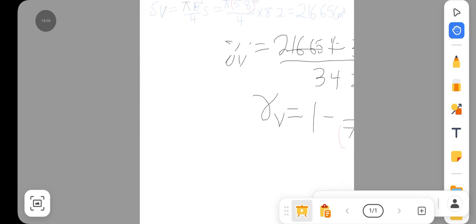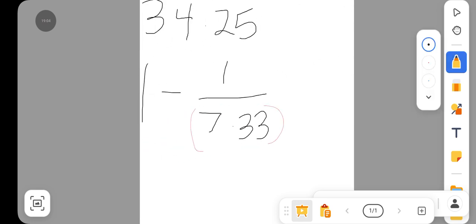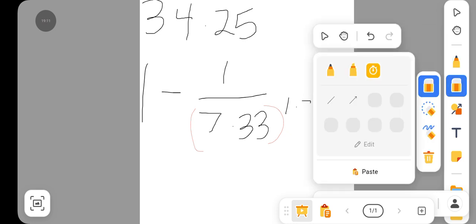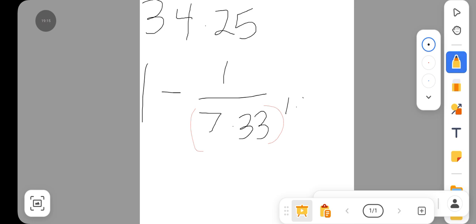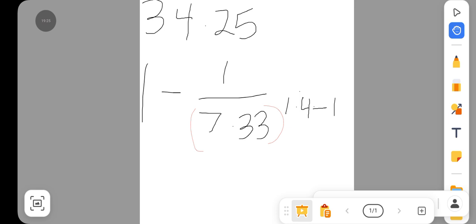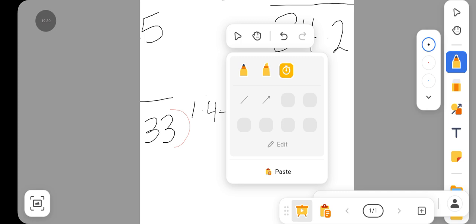So we can come back to this, and 7.33 would be raised to the power 1.4 minus 1. So everything here, if we sum it up, is going to give us